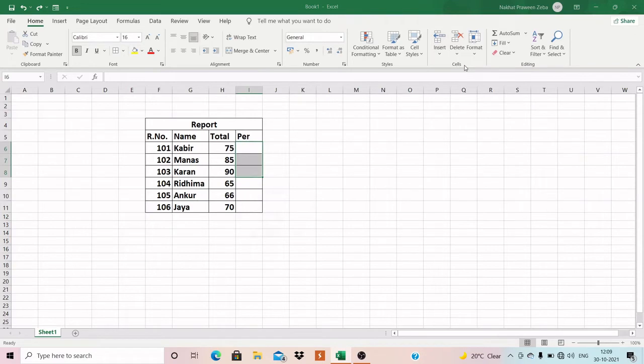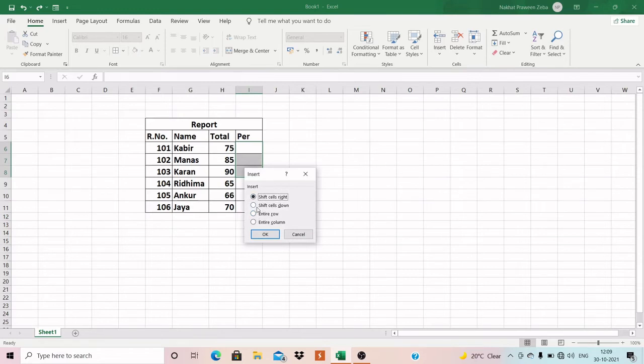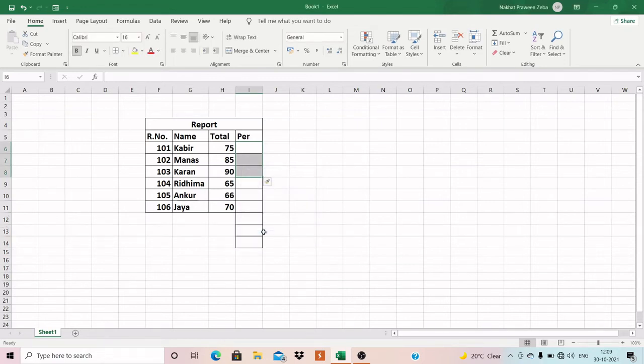So I will click on insert cells, and also you can see the same option is visible to you. So now this time I'm going to select shift cells down. So now you will see the cells will be inserted down. You can see the one,